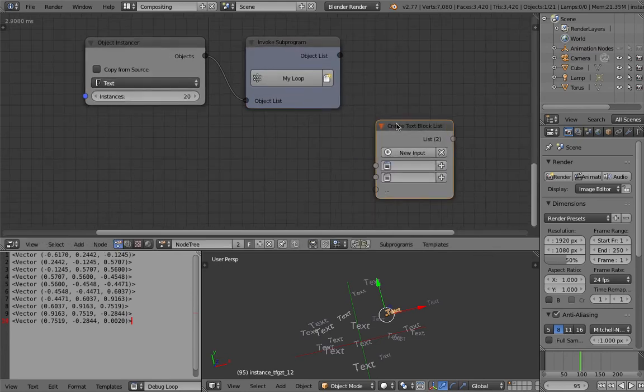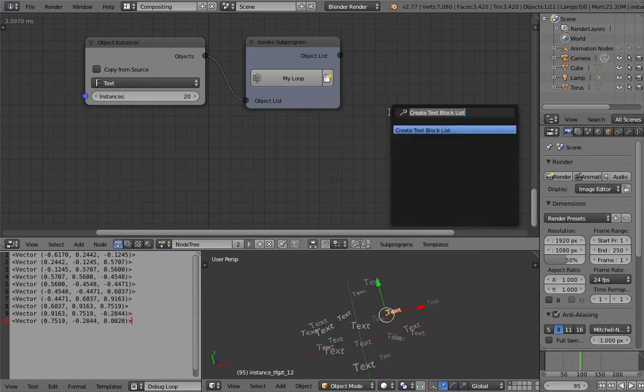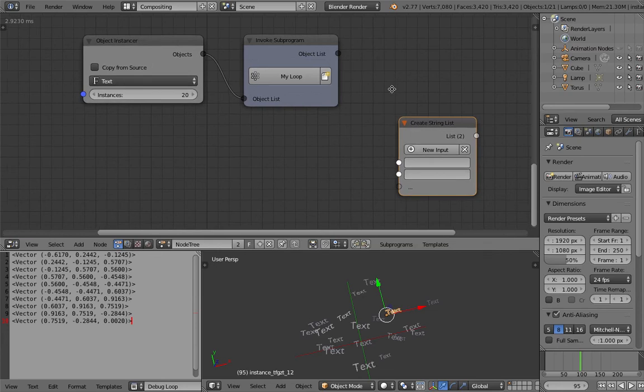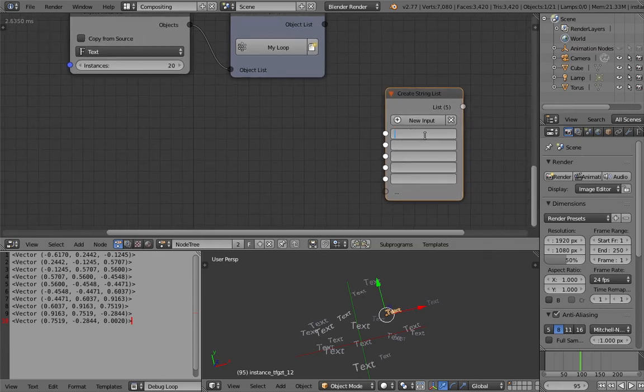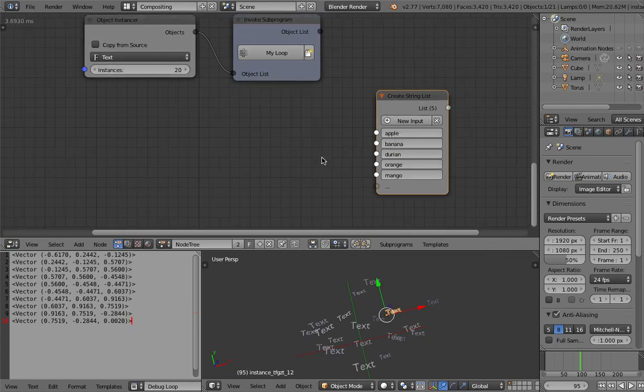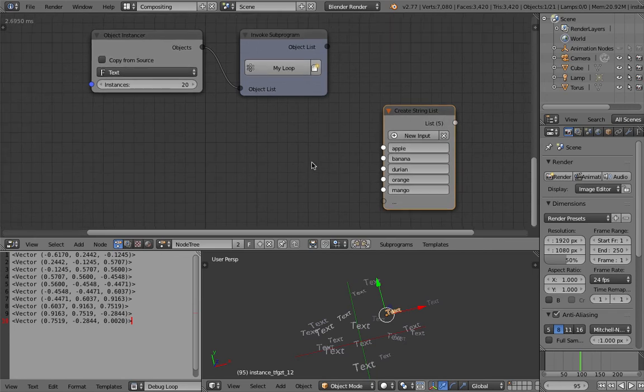No, maybe not text, but it's more like string list. Let's give it apple, banana, durian, orange, mango. Five of my favorite fruits,